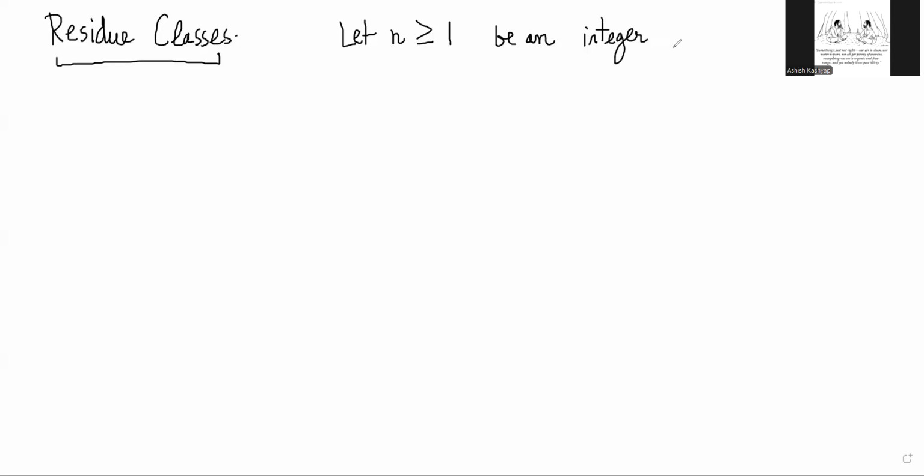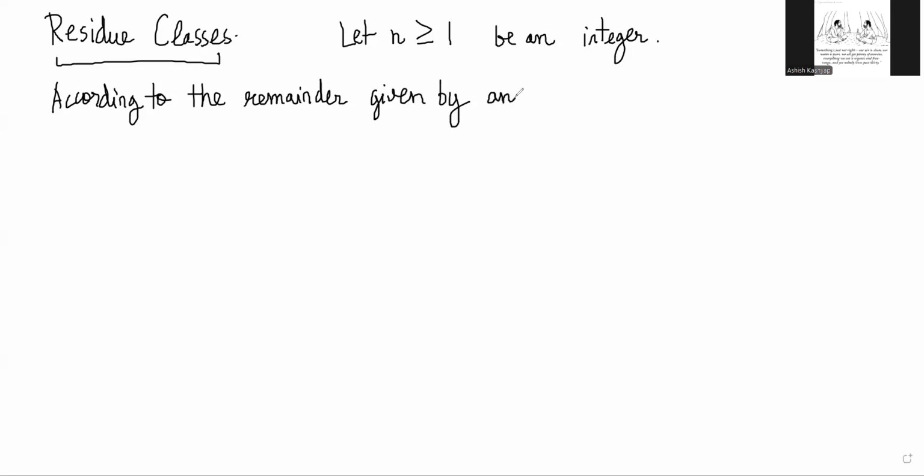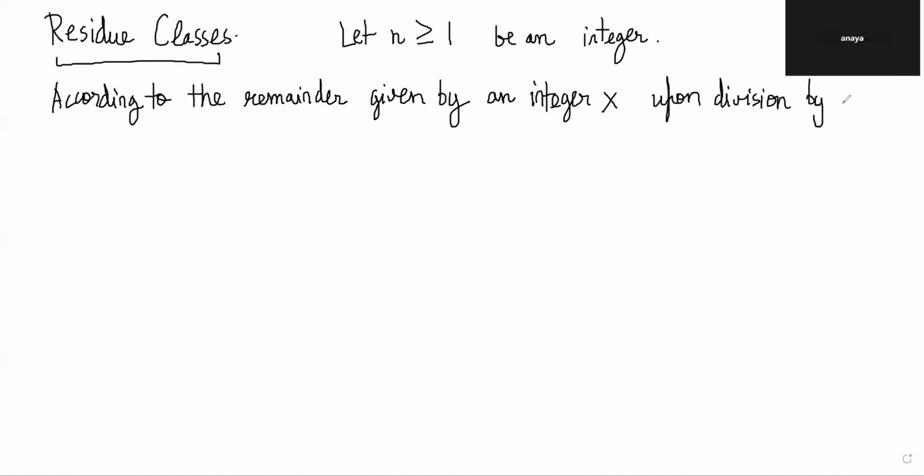Now, according to the remainder given by an integer x upon division by n,